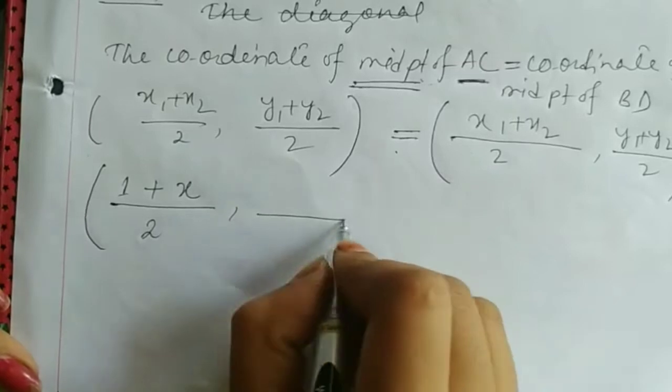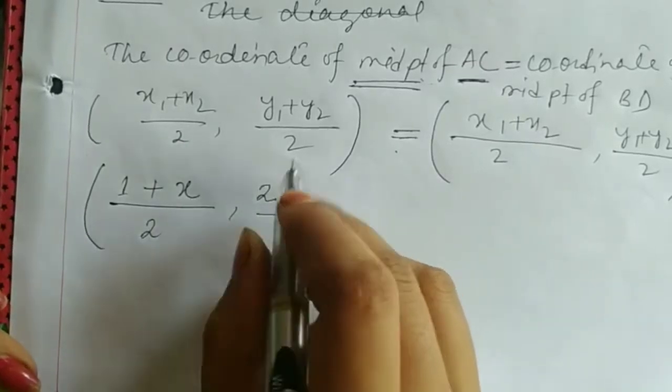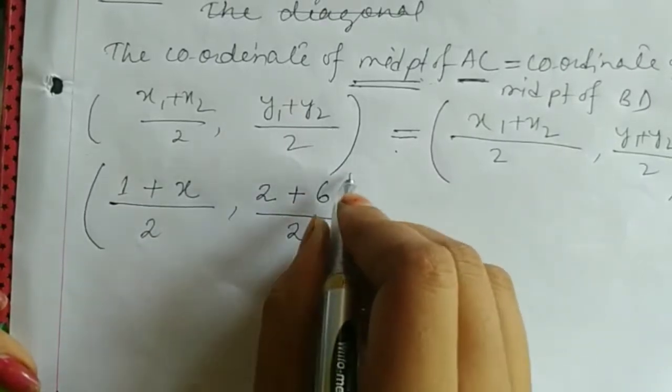In place of y1 we put 2, plus, and in place of y2 we put 6. Notice, in case of AC, this